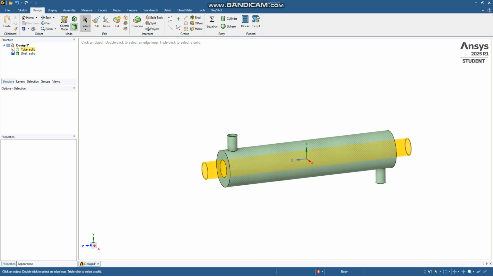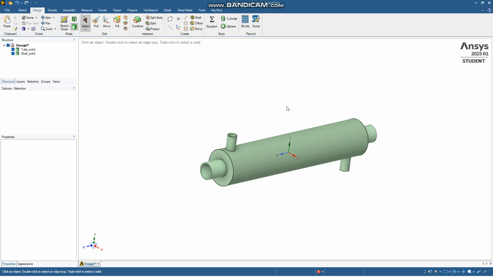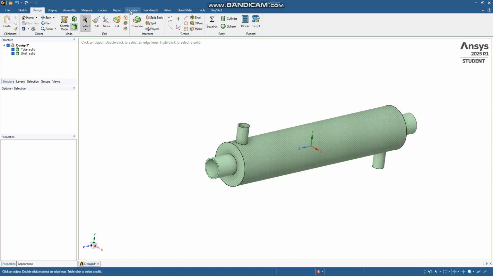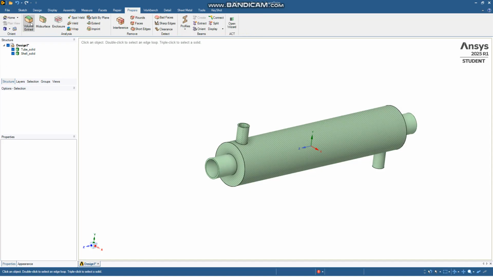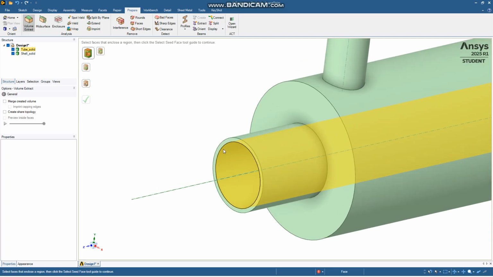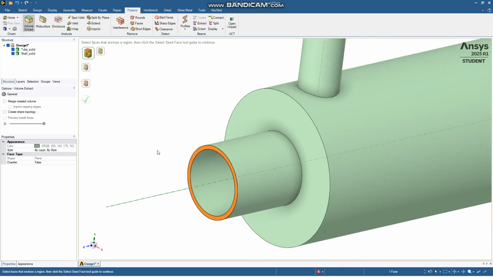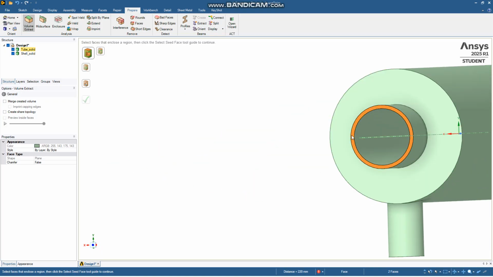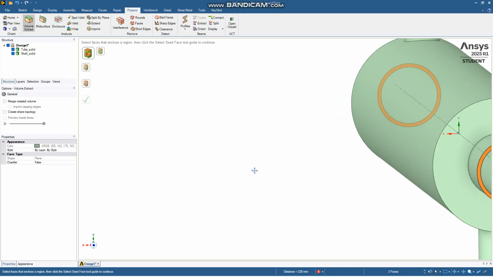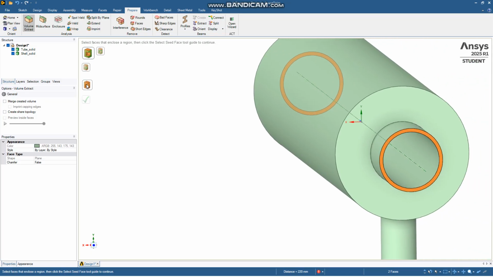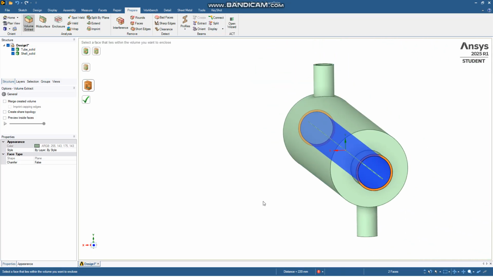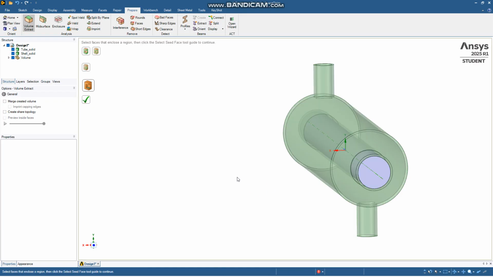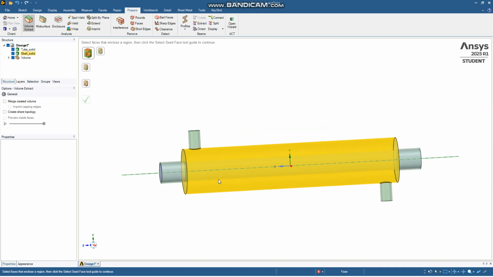So let's open this. Next we want to create the fluid region inside. We can come to the Prepare tab here, then click on Volume Extract. You can click on this edge or the face for the first selection. Ensure that it's orange. Hold control and click on the next face, and then click on this. This is the region where the fluid will be created. Press enter. As you can see, our fluid has been created